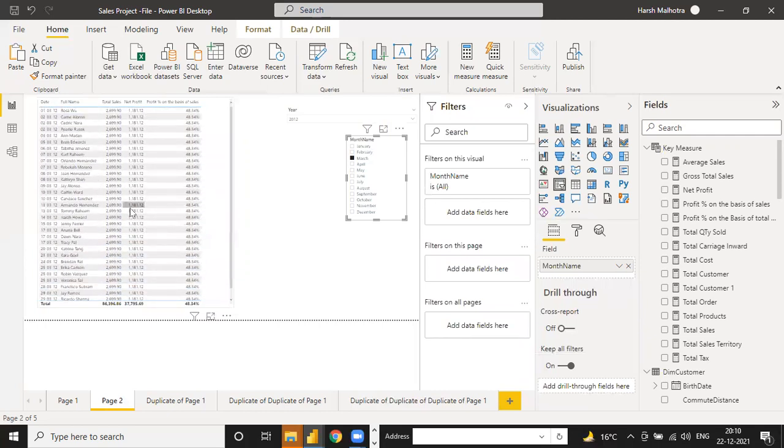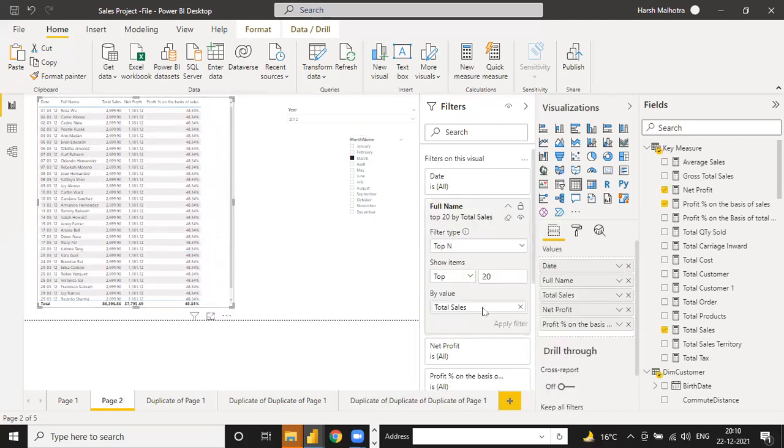So if you need it on the basis of top 20 or top 30, just select this top 20 on the basis of sales. Suppose if you want it on the basis of net profit, just apply filter.